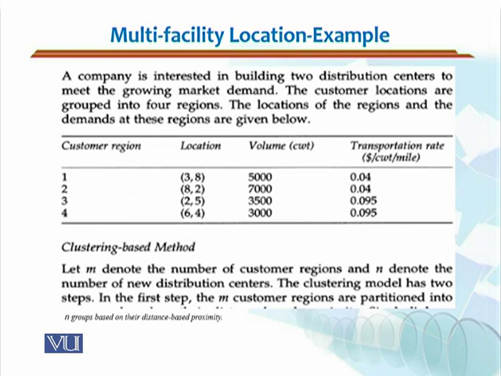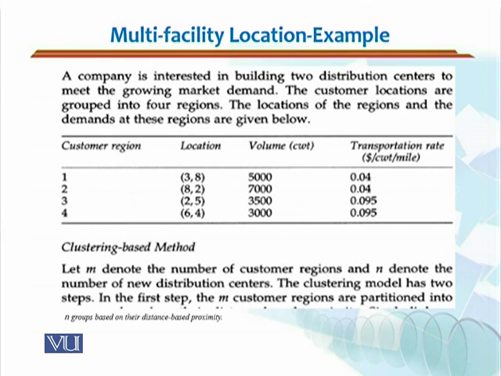Let's say there is a company that is interested in building 2 distribution centers to meet the growing market demand. The customer locations are grouped into 4 regions, which are given in the table below. Customer region 1 is located at 3, 8. So the 3 would represent the x coordinate, 8 would represent the y coordinate. And the volume in hundredweight, CWT is hundredweight, and that is a unit commonly used in logistics, has a volume of 5,000